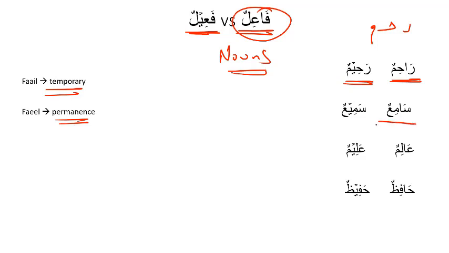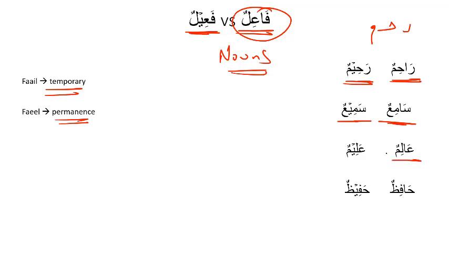Similarly, Sami'un means somebody who can hear. So we might describe ourselves as Sami'un, meaning that at some point we couldn't hear very well, and then we can hear, and then when we get old, we can't hear. So Sami'un means this faculty of hearing did not always exist, and it will also not always exist in the future. But when we describe Allah, Sami'un means someone who could always hear and will always hear in the future. So again, with fa'ilun, there is the concept of permanence.